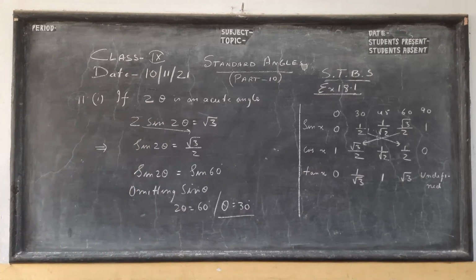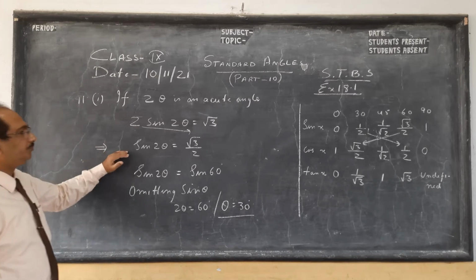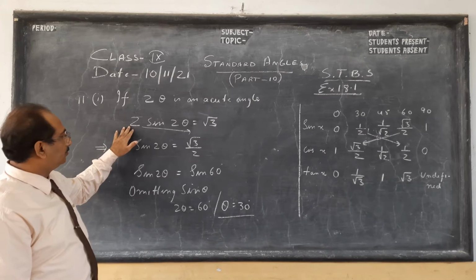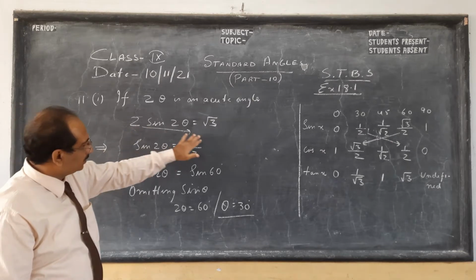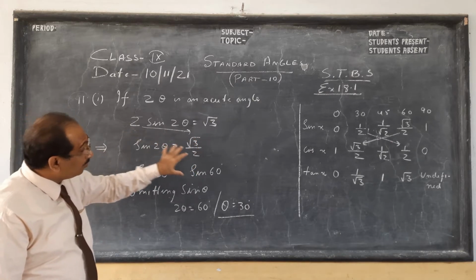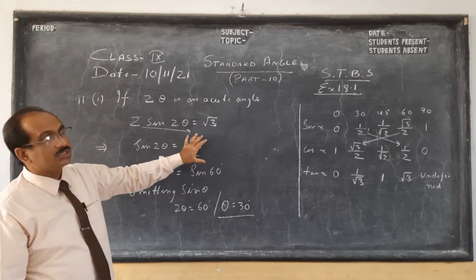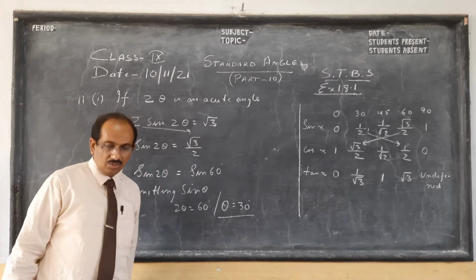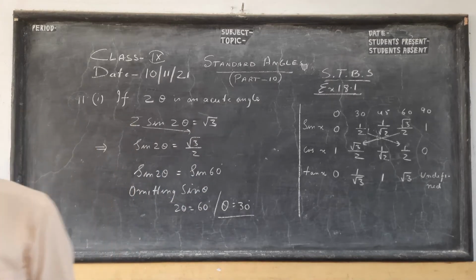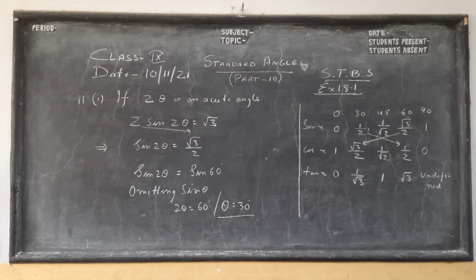So kindly pause the video and copy, then we will go on to 11 part 3. Once more, we take this 2 to that side. Then this is sine, so here we want sine. You say, why not cos, sir? No, sine is there, we put sine so that we can omit sine. So please pause and copy. Then we move on to our next sum, that is 11 part 3.